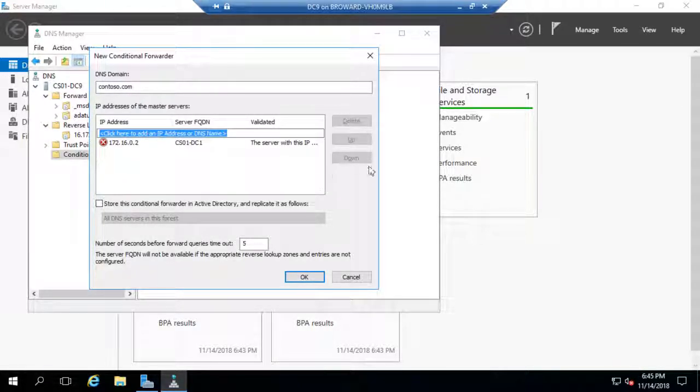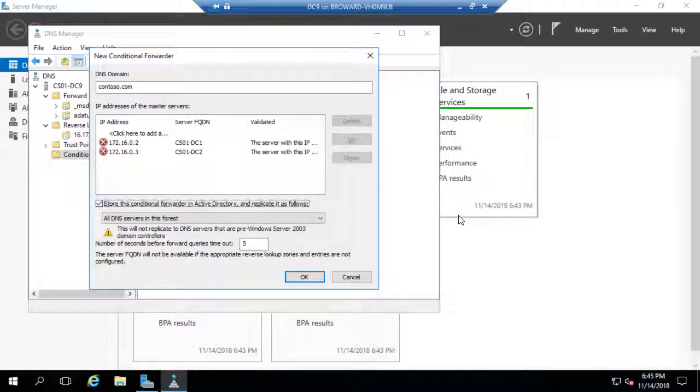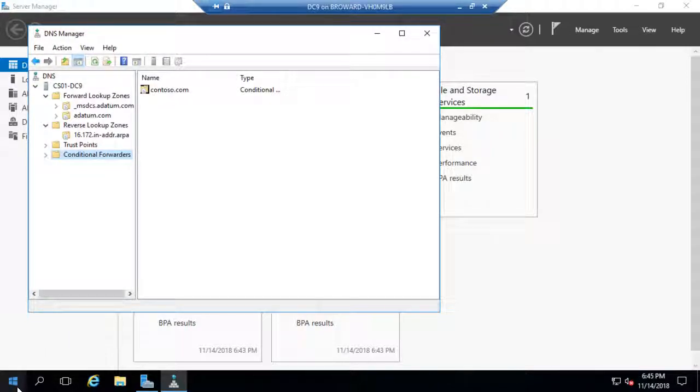And then I'm going to add two of the DNS servers, and store it in Active Directory and send it to all DCs in this forest. Don't worry about the red X. It's working. I was able to verify. For this particular forest, we only have one DC, but still, we'll do that. I'm going to click OK, and we can test it